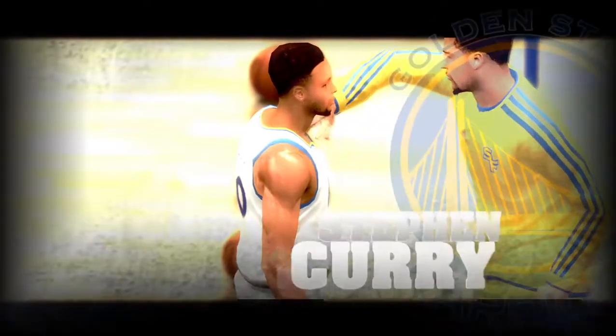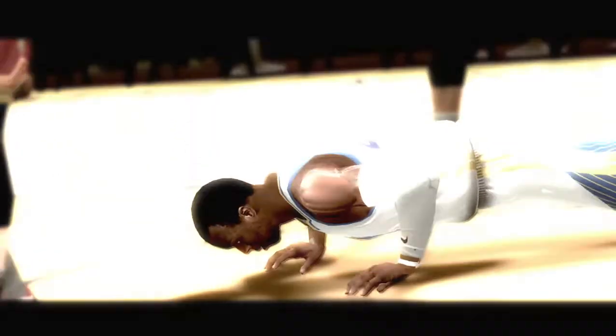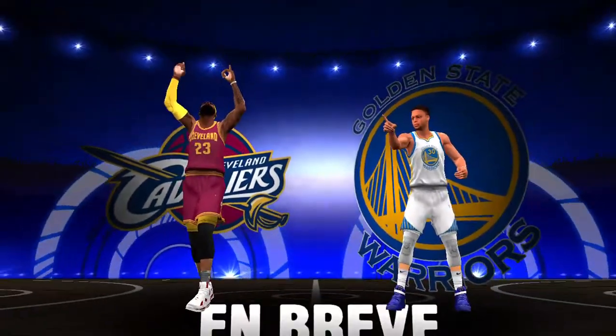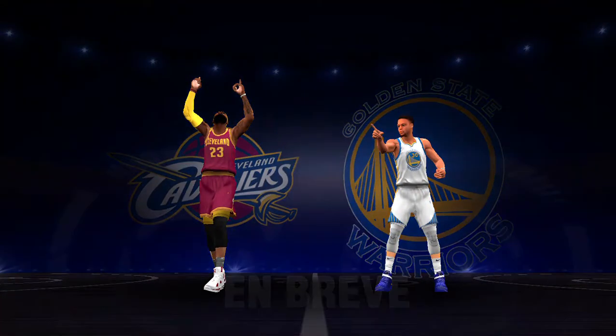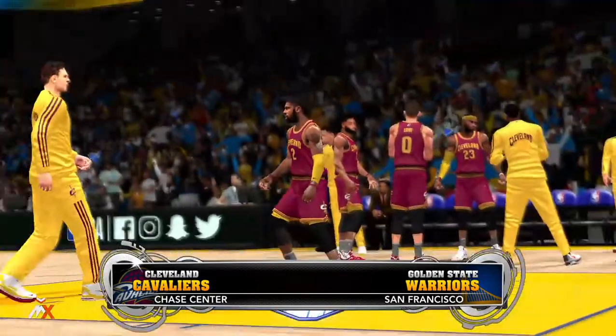Si quieren que les suba este parche para los que tienen PC, pues lo subiré. Y también por este juego, les voy a hacer llegar las actualizaciones con las últimas plantillas y con demás equipos